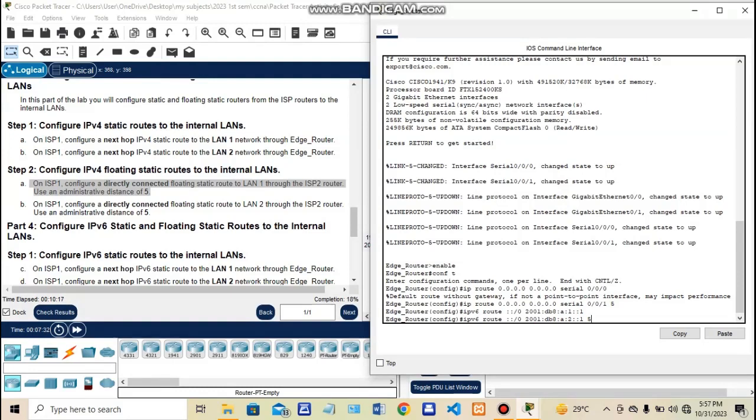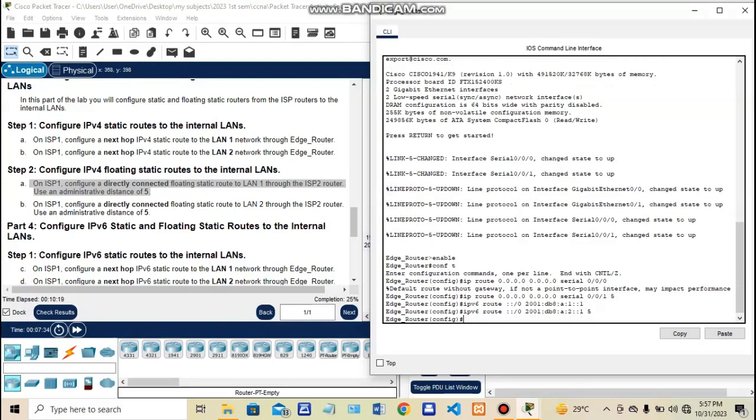And I press enter. So for part 3, we have read it already. Let's go to